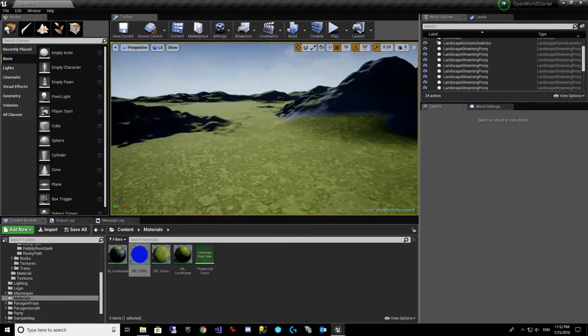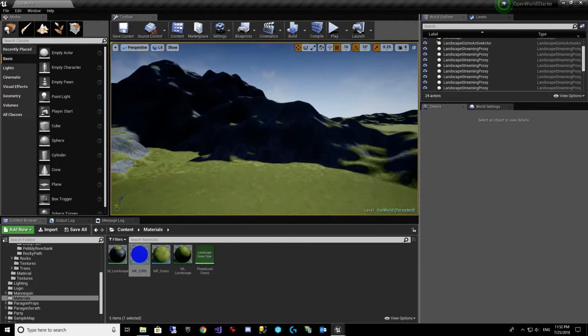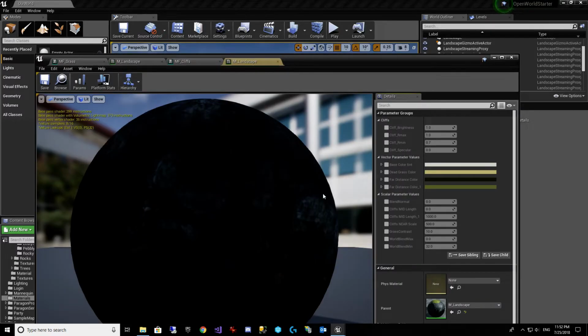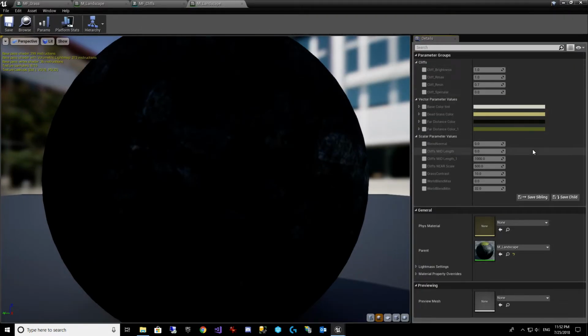It needs some tweaking. So let's open up this MI landscape, and this is where we can do our tweaking. And let's talk about some of these settings. So we've got this blend normal,